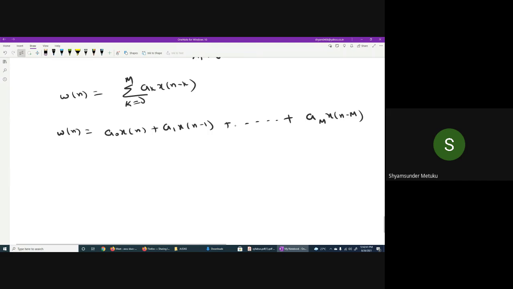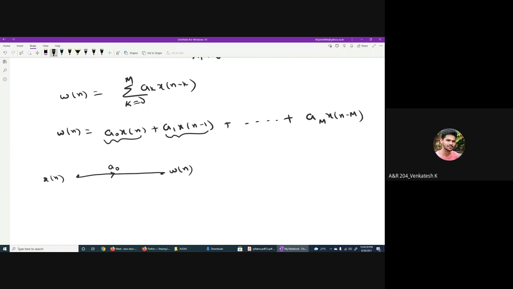Now, part 1 only I am interested in. This is a dot which is representing x of n. This is the dot which is representing w of n. So first we'll start with this one. w of n is equal to what? a0 into x of n. Can I write this way? It is only a partial output, isn't it? a0 into x of n, is it the full output or only a partial output? Partial output, sir. Yes, it will become full only when you add the remaining terms, isn't it?